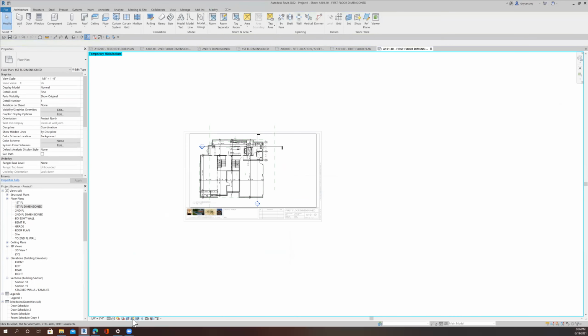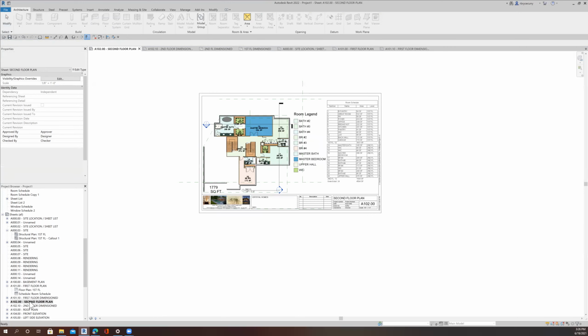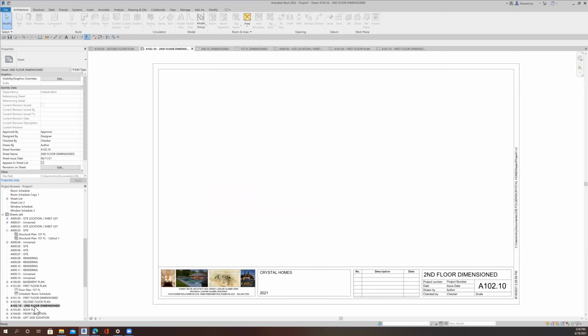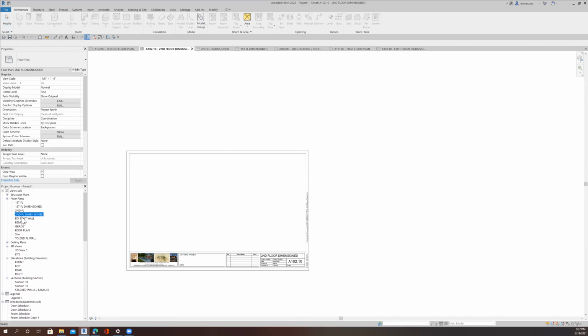Activate the view. I don't want to see the crop region, so I just deactivated it down there. So now let's go to my second floor plan. How does that look? Presentable. And my second floor dimension, I don't have it, so I'll go back to my second floor dimension and